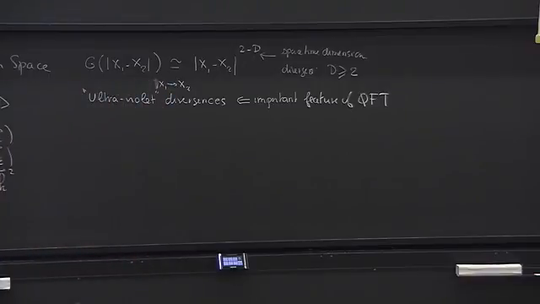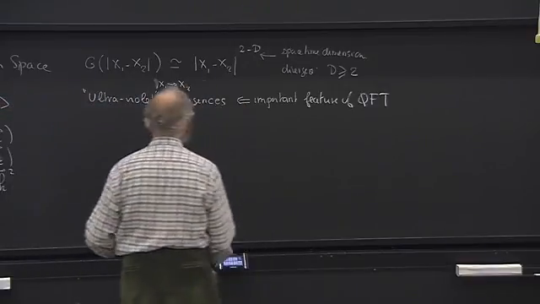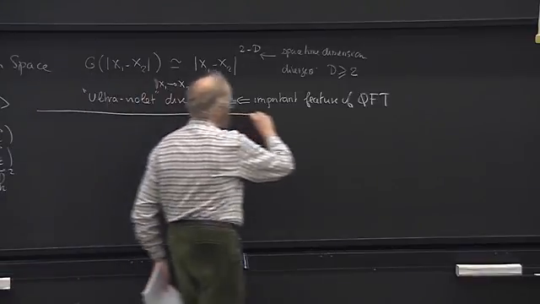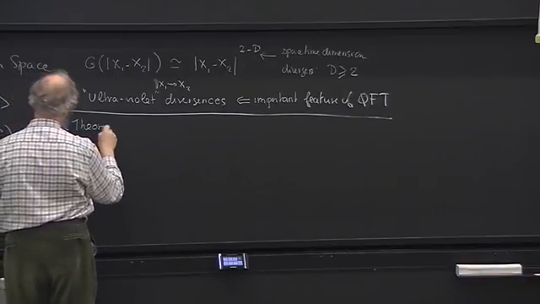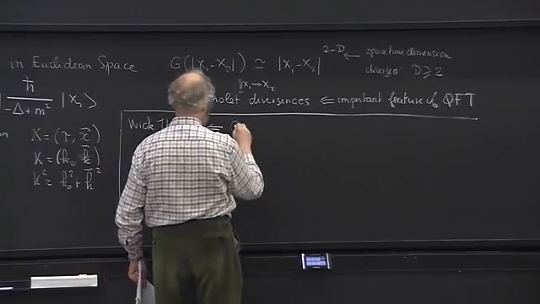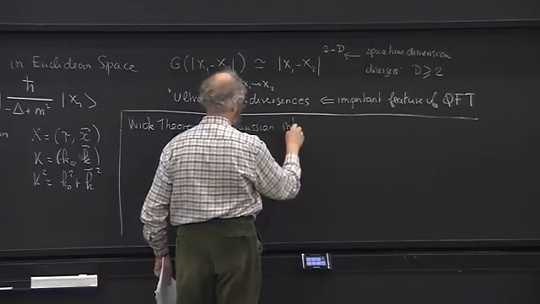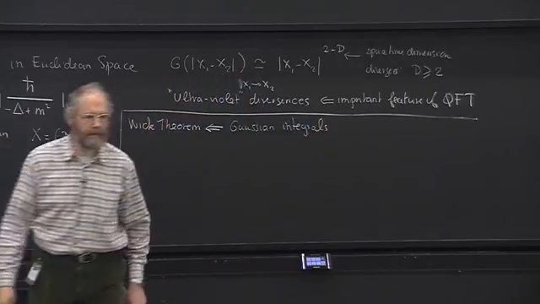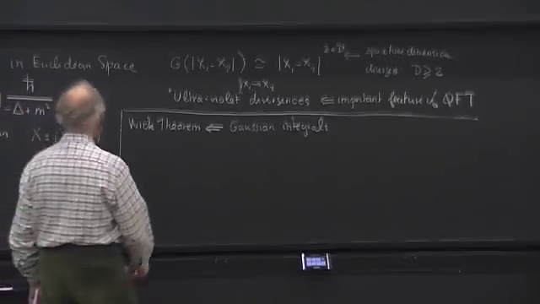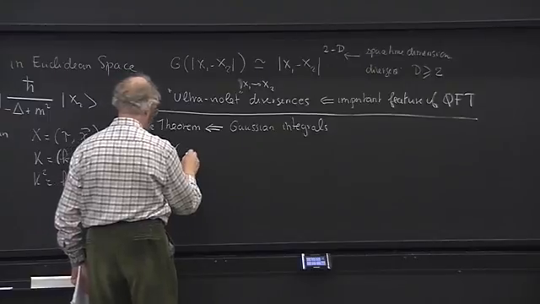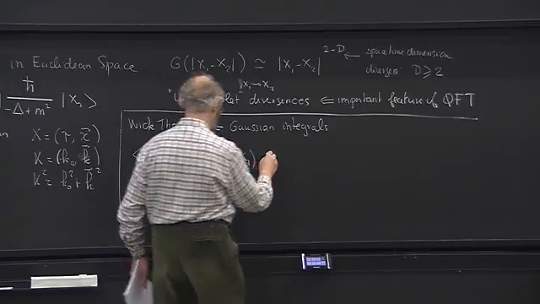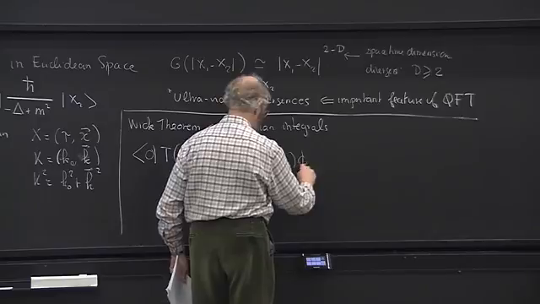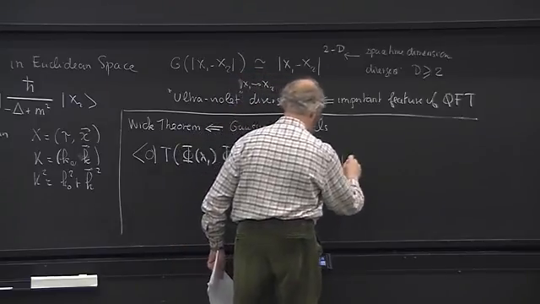Okay. So now, of course, since the measure is Gaussian, we have also seen another feature, which is that we can apply Wick theorem. Wick theorem becomes just the properties of Gaussian integrals. Okay? And it means simply that if you want to compute, for instance, the vacuum expectation value of a time-ordered product of 4 field operators, phi of x1, phi of x2, phi of x3, phi of x4 in the vacuum,